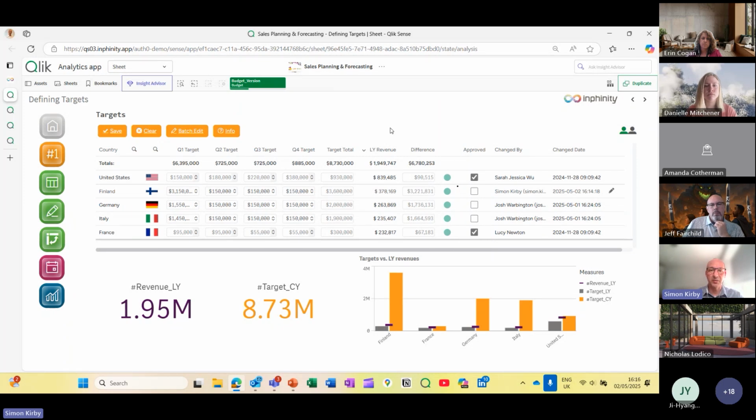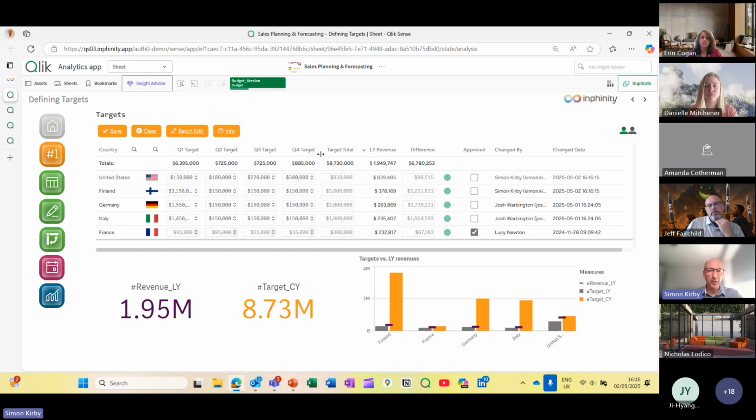So you get this ability to actually lock things down. If you want to take the approval off, you can do that. And then, of course, you can then make those changes if you want to and save that position. And so that's customizable there, that you can have approvals or not, is what you described, right? Absolutely. Yeah, exactly. And if you want, Jeff, you can think of this like a spreadsheet in the sense that it requires a bit of design. You have to decide what columns that you want, where do you want them.